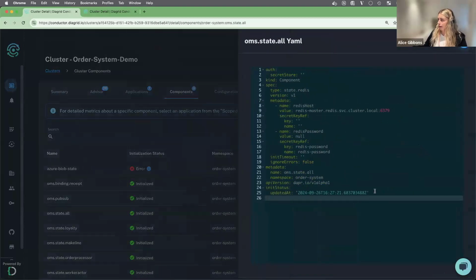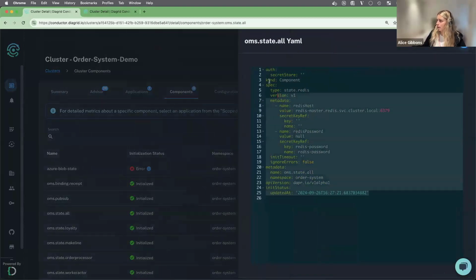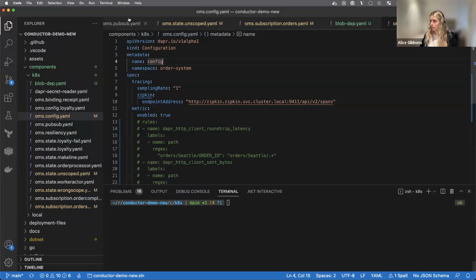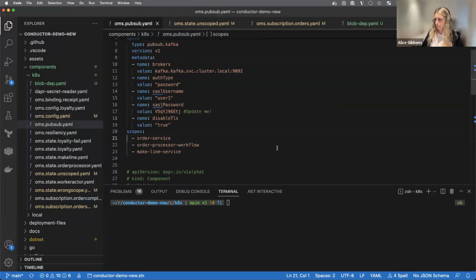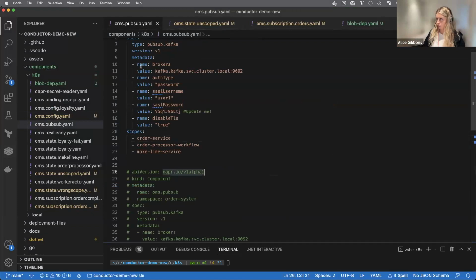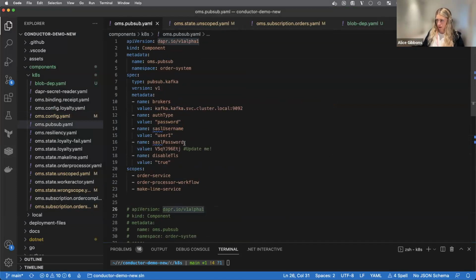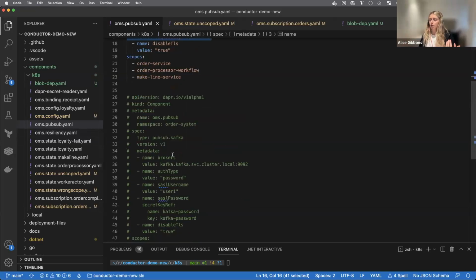In this case, it's calling out this one here because you can see there's no scoping in here. I'm just going to flip over now to my Visual Studio Code, and I'm going to add a few of these advisories in just to see how that updates in real time. So for instance, this is one of the passwords. I will change this after this webinar, I promise. This is my Kafka component, and this is the password showing up directly as plain text within my file. So here, Dapr best practice is to copy this directly,